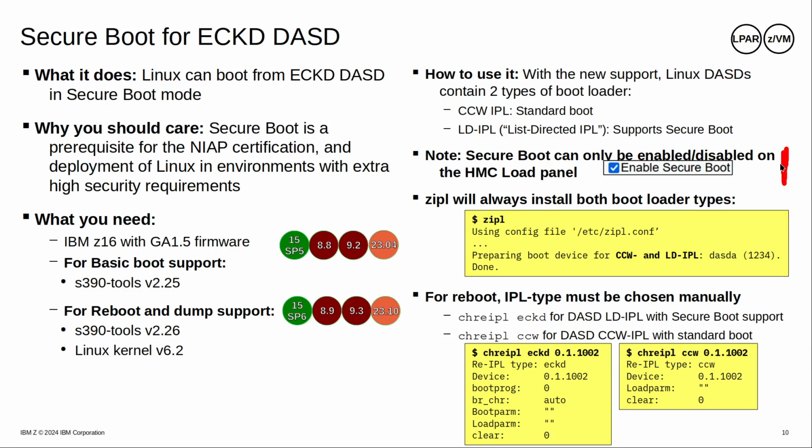You can activate secure boot. And what you need to know is that you need several supports. For one, you need to have a GA 1.5 firmware on your IBM Z or LinuxONE box. And then you need, for basic boot support, a sufficiently high version of the s390-tools package, which is indicated in this page accordingly. And then if you also look into things like rebooting or dumping, that under the covers actually does some extra things in Linux on Z,